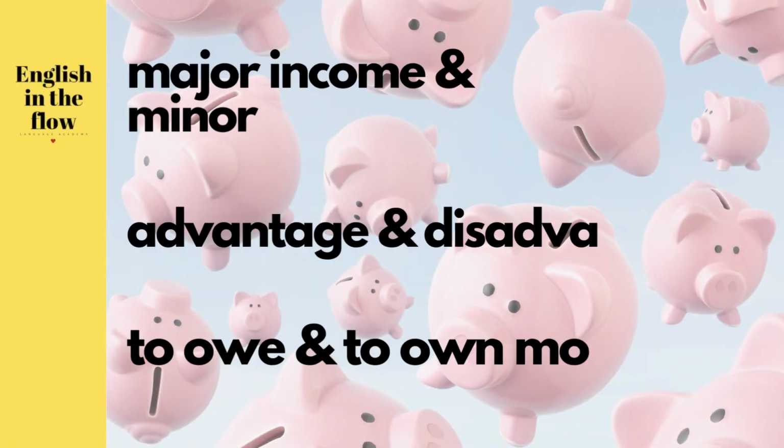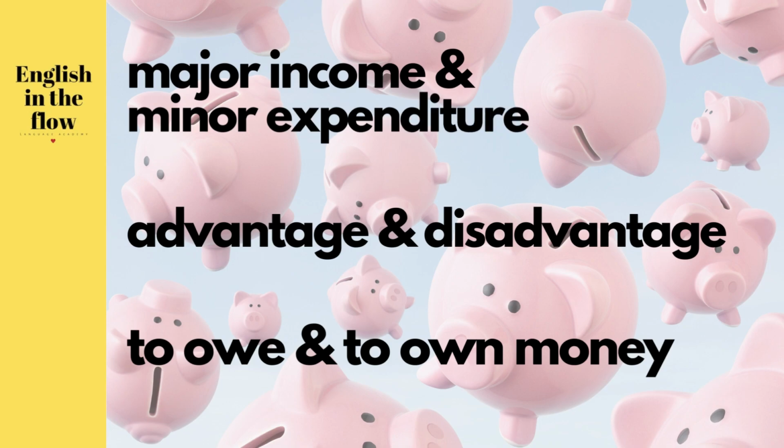A major mistake, a major advantage, a major income. Please pay attention to major. You could say you hear a D and a sort of a Z, major. Or minor expenditure, which is the opposite, but that's a vocabulary thing. So we have advantages and disadvantages. When you listen to English, sometimes it's very hard to understand the difference, although here we have really opposite meanings.